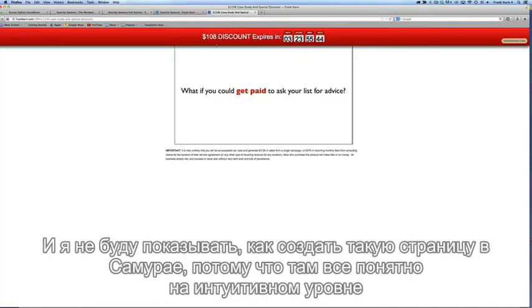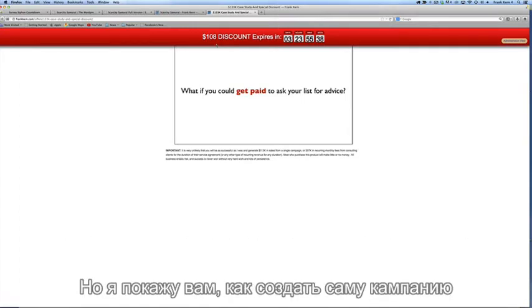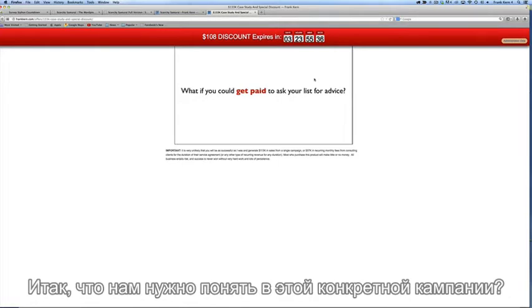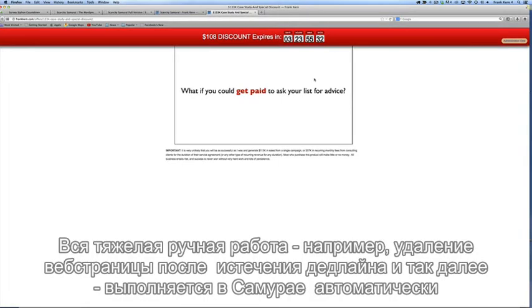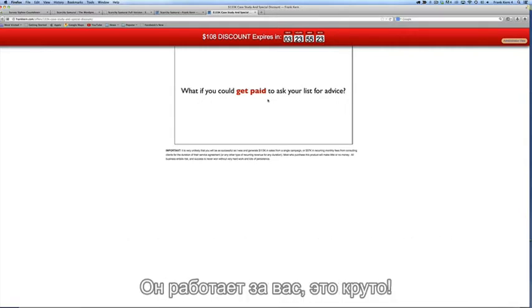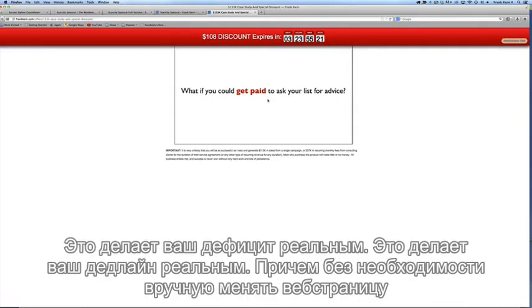Now, I won't show you how to build the page in Scarcity Samurai because it's really pretty self-explanatory, but I will show you how to build the campaign. So what we need to understand in this particular campaign is that all of the heavy lifting in terms of making this website go away and all that kind of stuff, that's done automatically through Scarcity Samurai. It just works. It's cool, right? This makes your scarcity real. This makes that deadline a real deadline without you having to go in and manually change your web page ever,